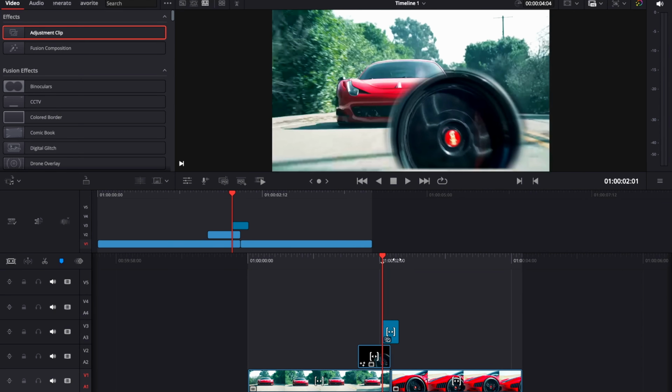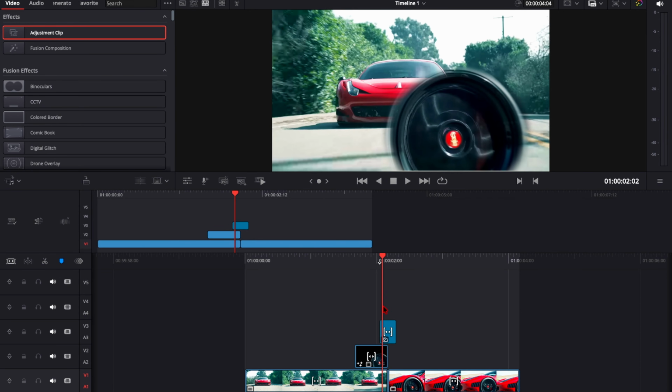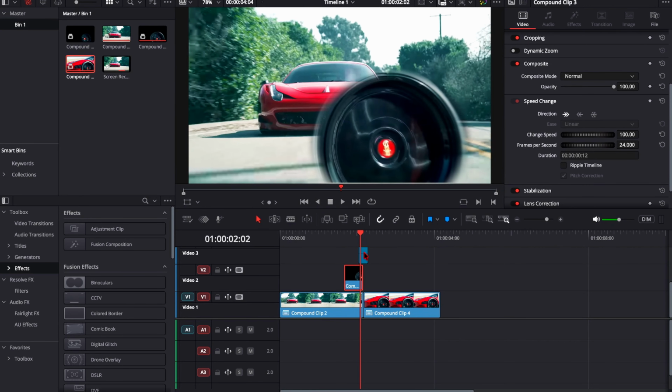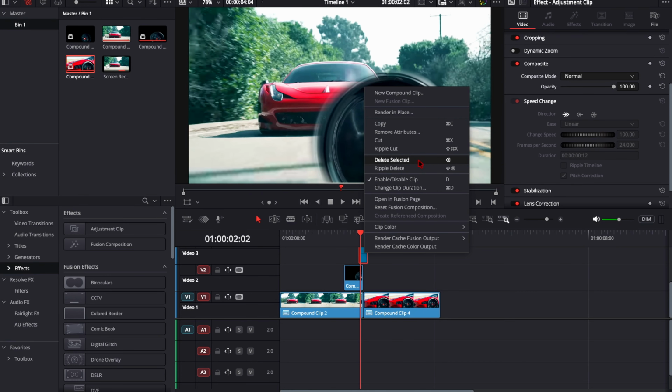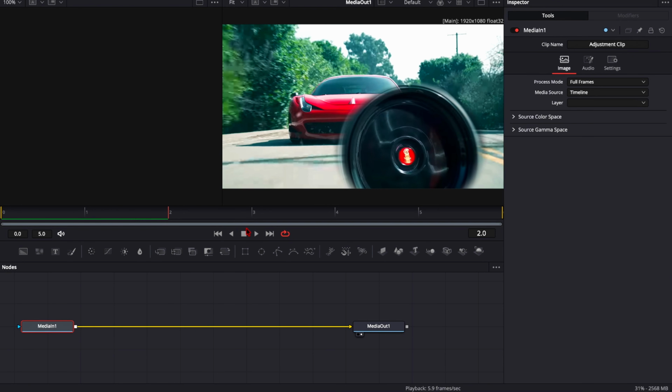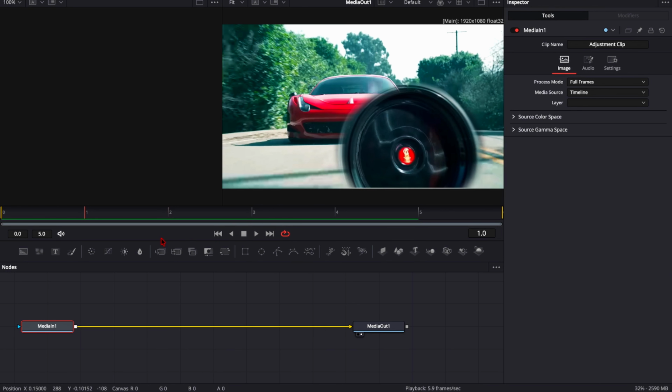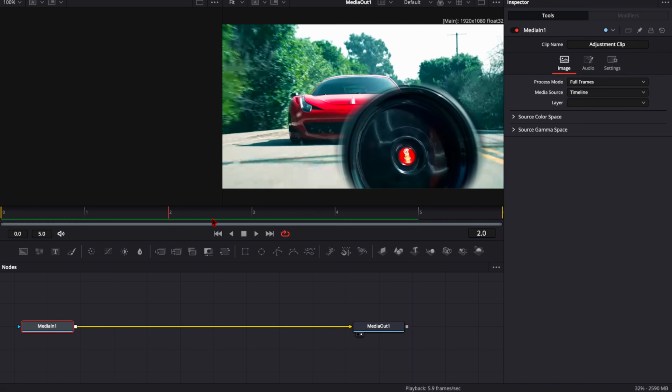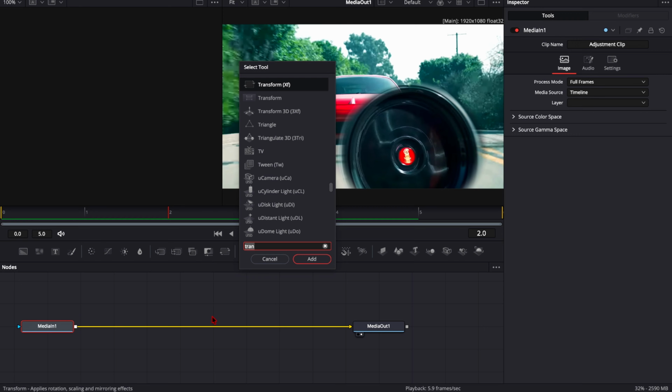Okay, and now by going in the edit page, right clicking on this adjustment layer and go open in Fusion page. Okay, and now come here in the middle. This is the second clip and this is the first clip. Okay, so here we have to add a camera shake. So to add camera shake, we have to press shift plus space, camera shake,